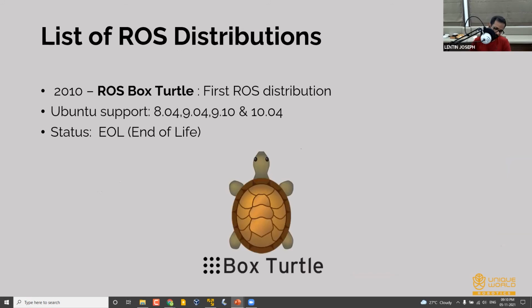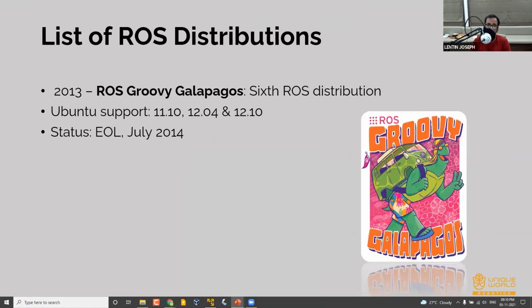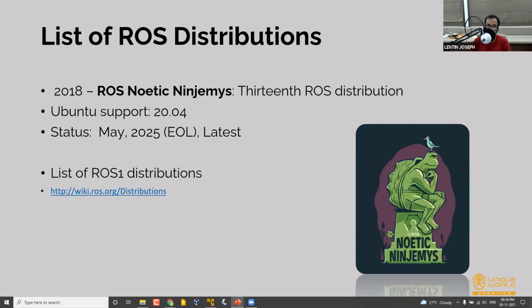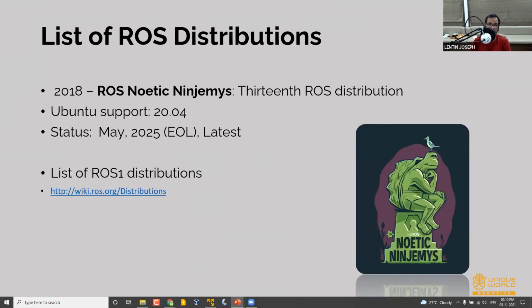So from 2010: ROS Box Turtle, C Turtle, Diamondback, Electric, Fuerte, Groovy, Hydro, Indigo, Jade, Kinetic, Lunar, Melodic, and finally ROS 1 Noetic. Okay, so there is an error. It's actually 2020. ROS Noetic